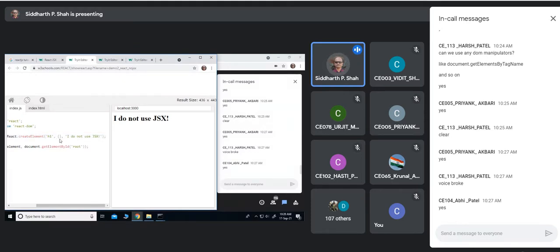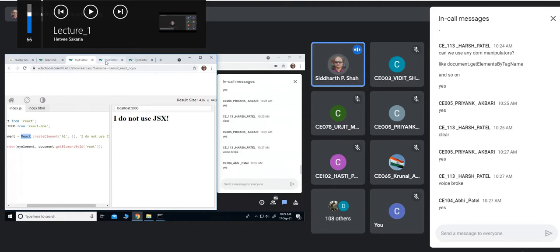I don't know what this parenthesis stands for because I haven't seen this detail of the createElement method. If you want to use that syntax, you can go through it, understand it, and use it. This is React.createElement. This is not the createElement that is directly from JavaScript, that we used with the DOM. This is the method from React. So either you use this kind of stuff or you directly use JSX.